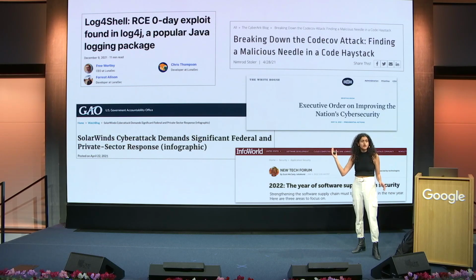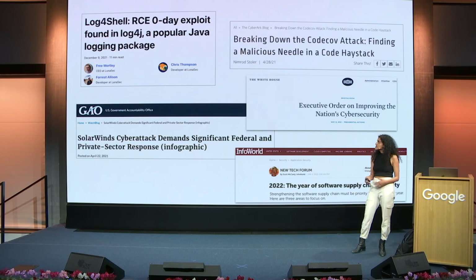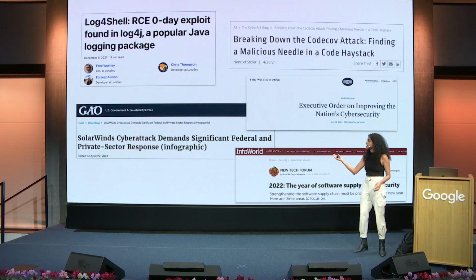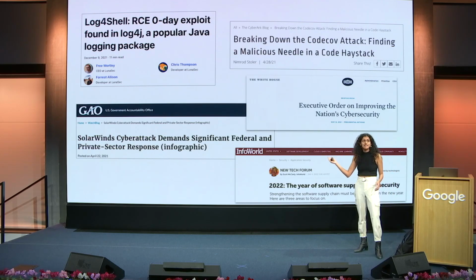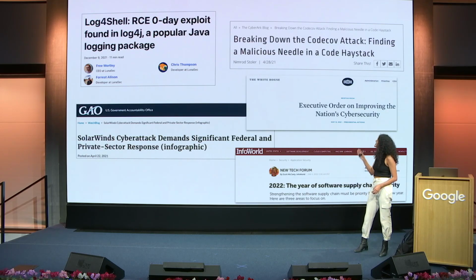Take the case of Log4Shell. This was a vulnerability in a popular Java logging package that developers would pull into their applications unknowingly and be exposed to. In the case of SolarWinds, attackers were able to gain access to the SolarWinds build system and inject malicious code during software build time. And Codecov was very different. It was a case of stolen credentials. Attackers were able to gain access to the credentials for the Codecov GCS bucket and replace Codecov's actual install script